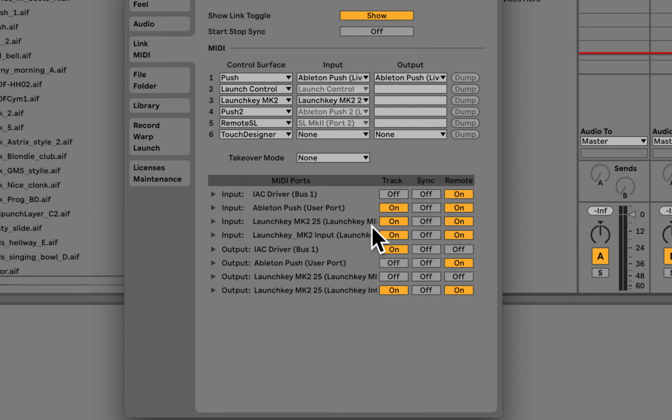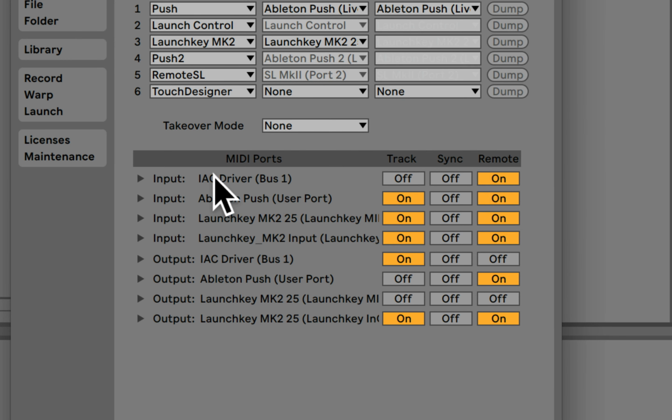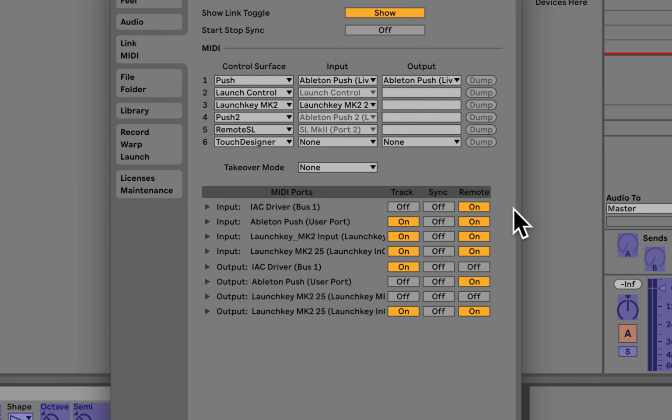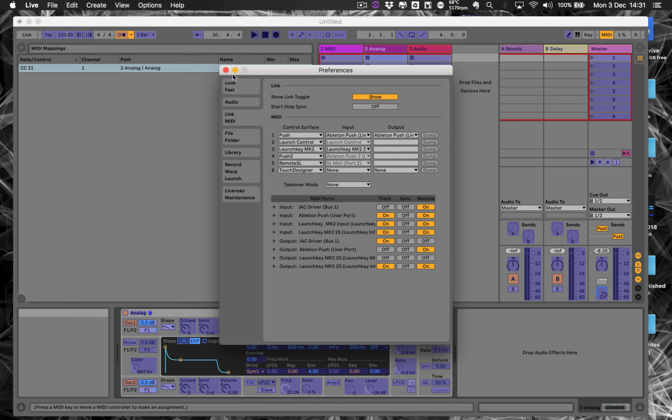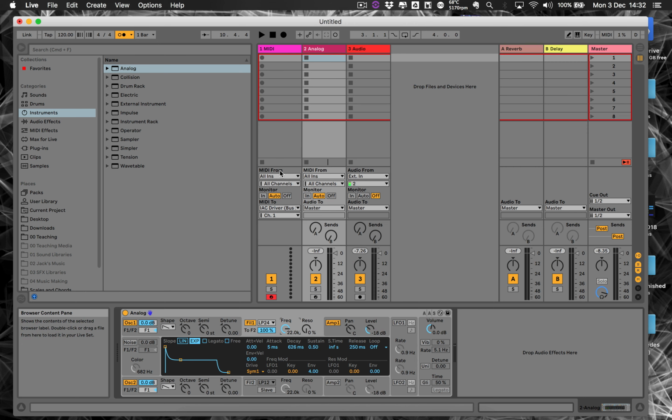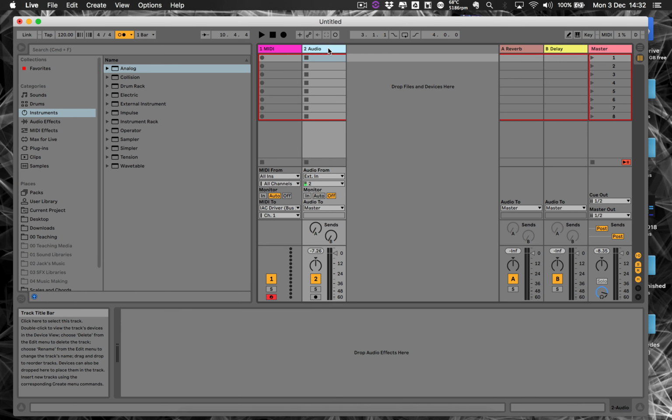You also need to make sure that it's set up as a remote input. Input IAC driver remote on, and output IAC driver track on. Everything else to do with the IAC should be off, otherwise you might run into problems. Okay, so what we're going to do, I want to be able to record an audio clip of,